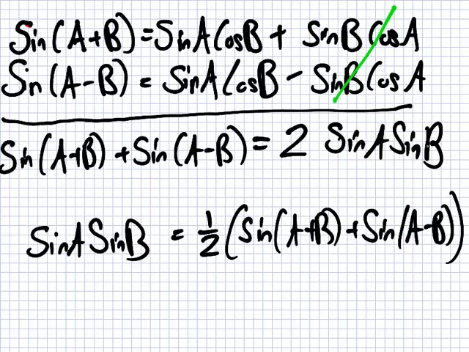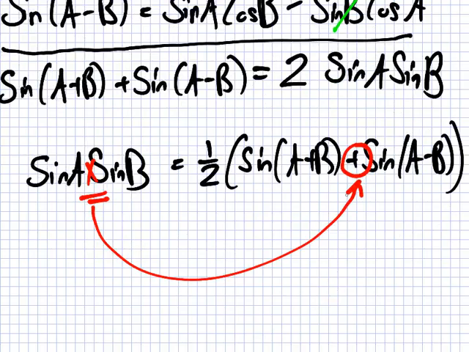What I want to do is use the compound angle formulas to allow us to go from a product, this is a product, sine A times sine B, so it's a product. So we're going from that to a plus. This is a very useful technique because it means, for example, if I had sine of something times sine of something,